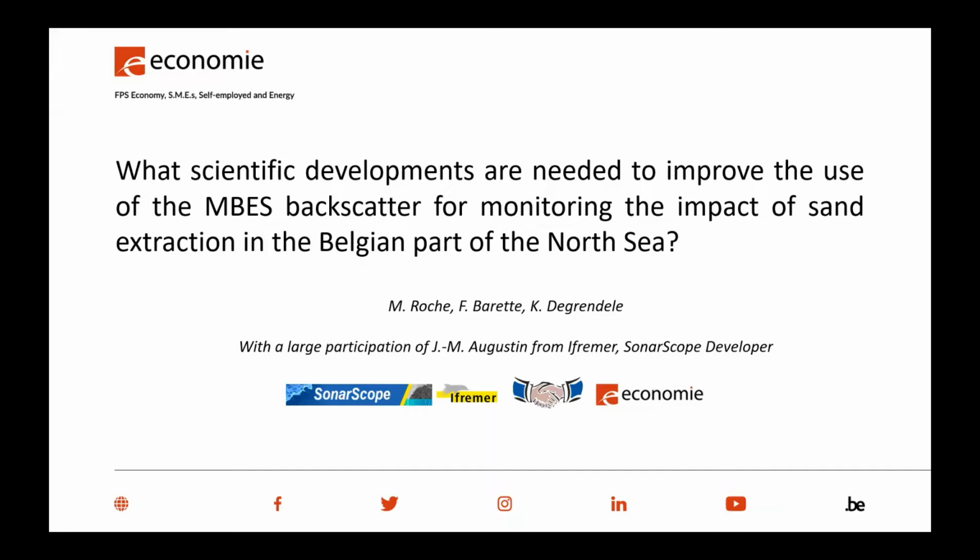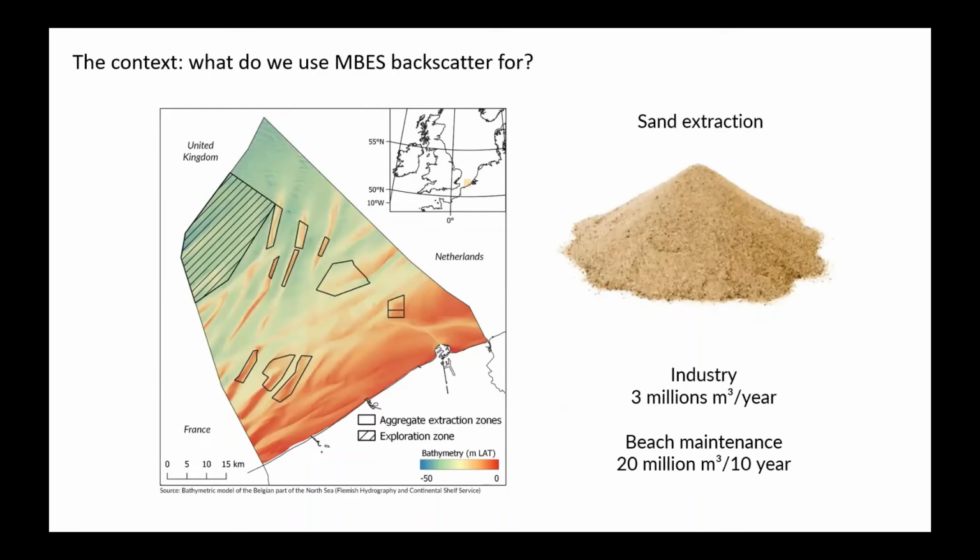So it's more a user presentation. We can consider the backscatter from a specialist point of view, physician, but you can consider the backscatter as a user of backscatter. And why are we using backscatter? Can we remove this? Yes, okay. Why are we using backscatter? Because